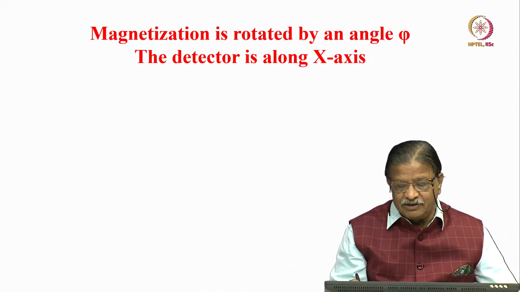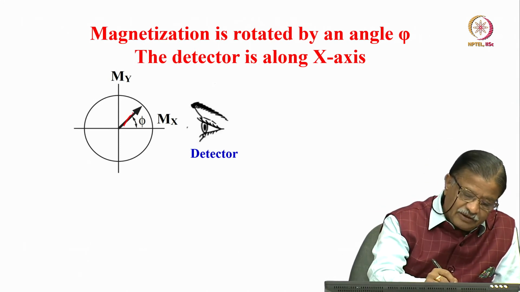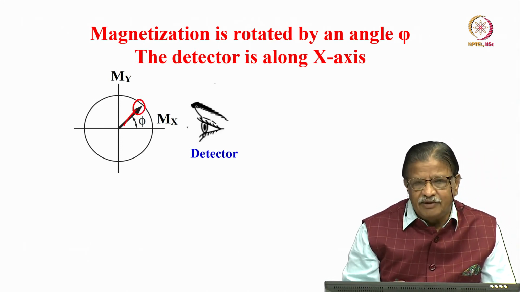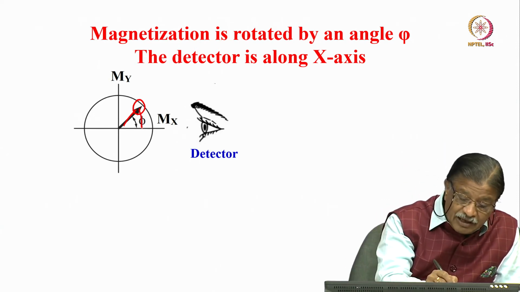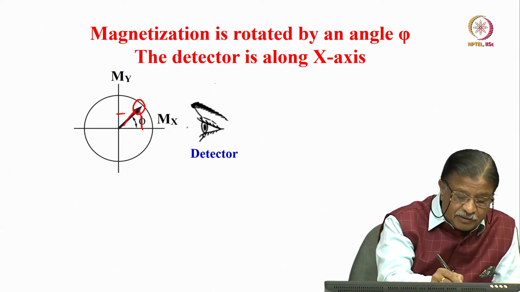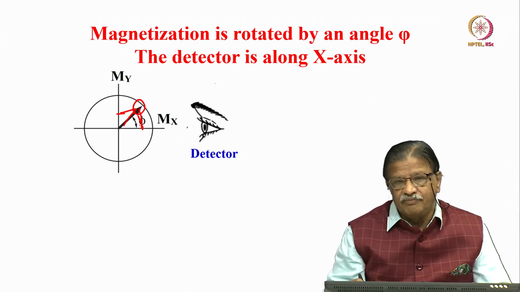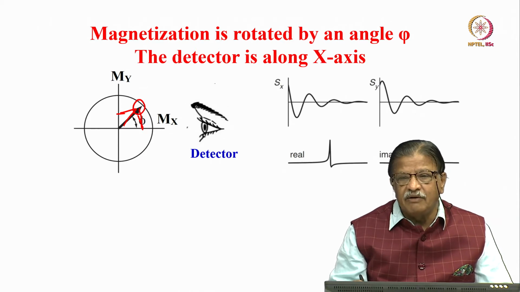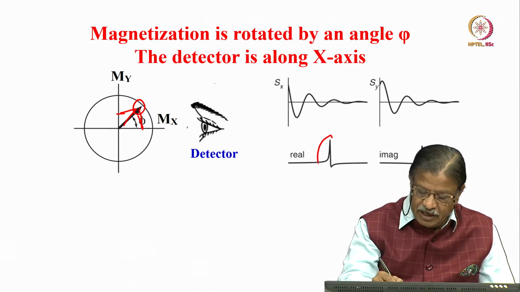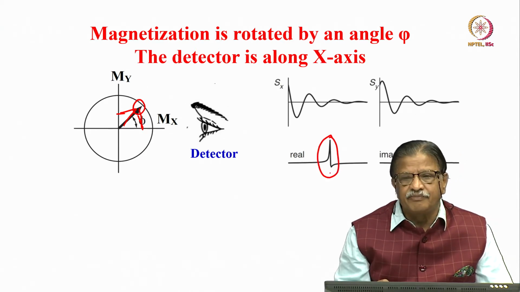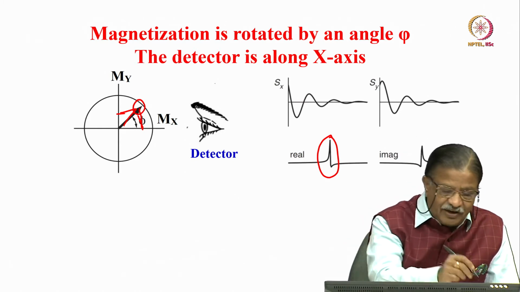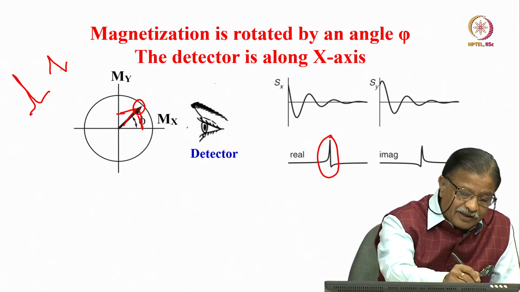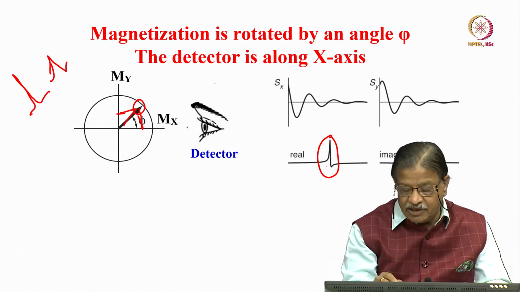Now, allow the magnetization to rotate by any angle phi, as I told you, it is somewhere here. What is the type of signal you are going to get? Now, you have the Mx component and also the My component, both are present here. So, it is a mixture of absorptive and dispersive. See here, it is not absorptive, there is a phase error here. If it is a really pure phase signal, there should not be any phase error, it should be like this. If there is a phase error, it will be like this signal. So, there is a mixture of phase here.